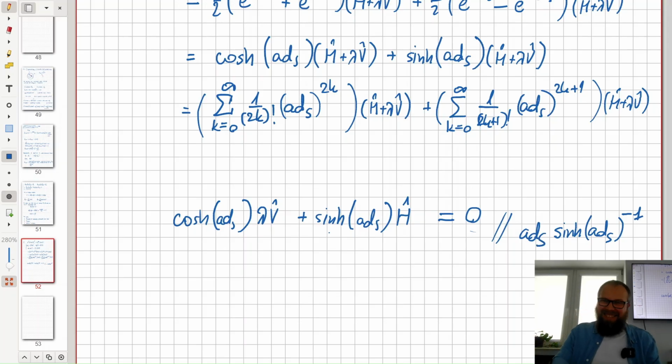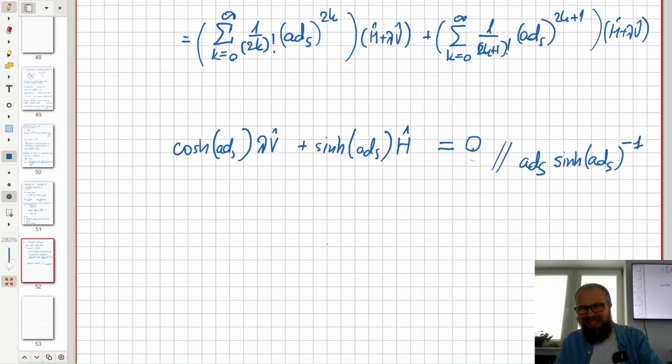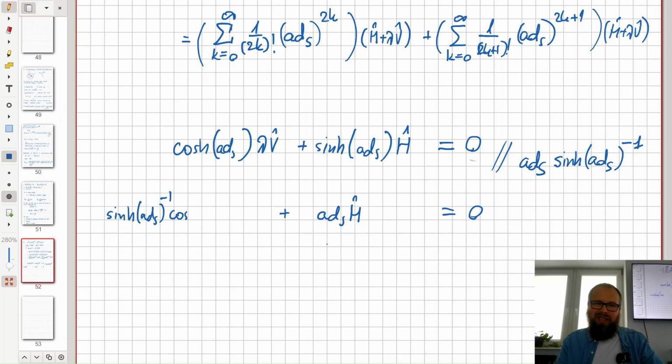Okay, I guess. So the right-hand side is easy because it's 0. That's fine. Here you will get inversion, so this hyperbolic sine will just cancel. So you will get ADS on H. Okay, that's fine. And here you will get hyperbolic sine adjoint S to -1 acting on cosine adjoint S lambda V and adjoint